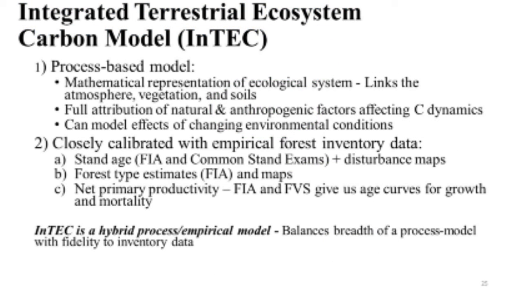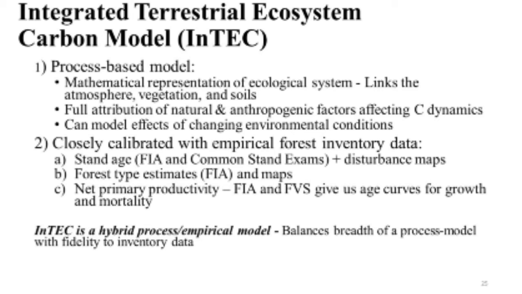Okay, so just to introduce you to INTEC, Integrated Terrestrial Ecosystem Carbon Model, it's a process-based model, allowing a representation of different ecological processes, growth, respiration, that kind of thing. It allows us to consider the impact of the atmosphere and of climate, and I've already said that our use of it is very closely calibrated with FIA data and with the disturbance maps that I talked about, and also